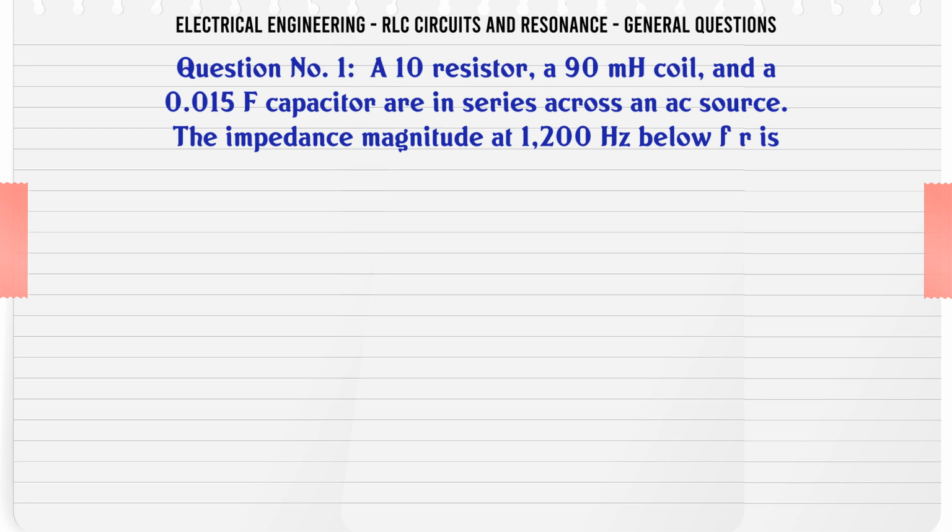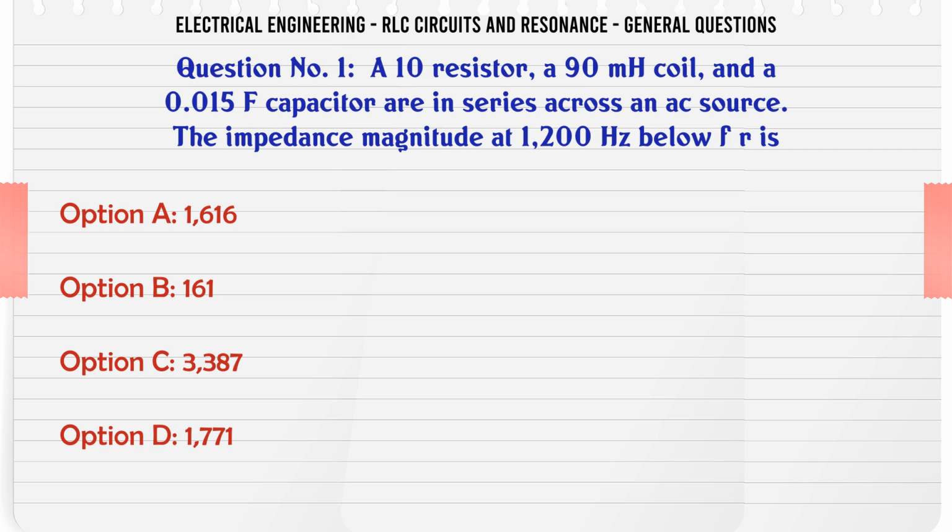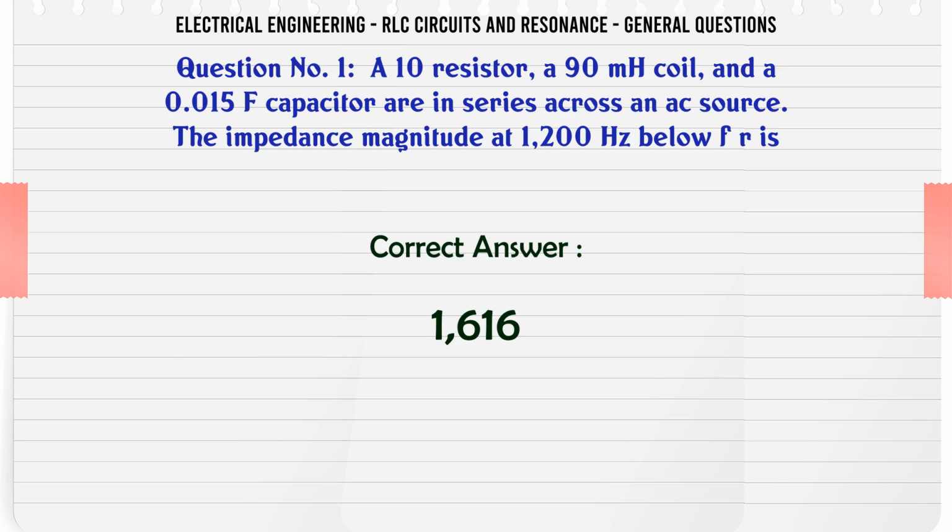A 10 Ω resistor, a 90 mH coil, and a 0.015 µF capacitor are in series across an AC source. The impedance magnitude at 200 Hz below fr is: A, 1616 Ω; B, 161 Ω; C, 387 Ω; D, 1771 Ω. The correct answer is